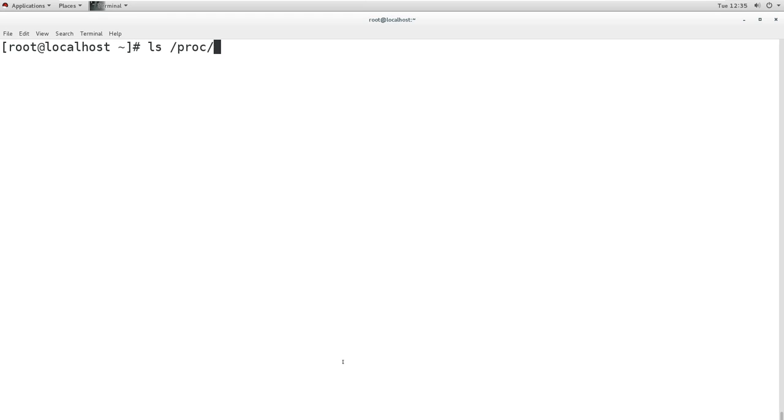This proc directory actually has all the running process files. So if I want to see the running status of my CPU, I can cat the file under the proc directory, and the file name is cpuinfo, and it will show you the information about your CPU. And when you press enter,